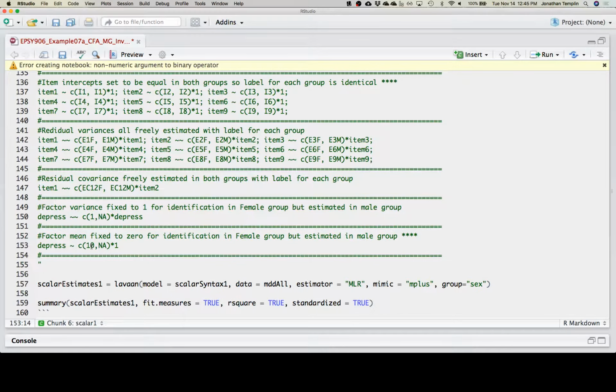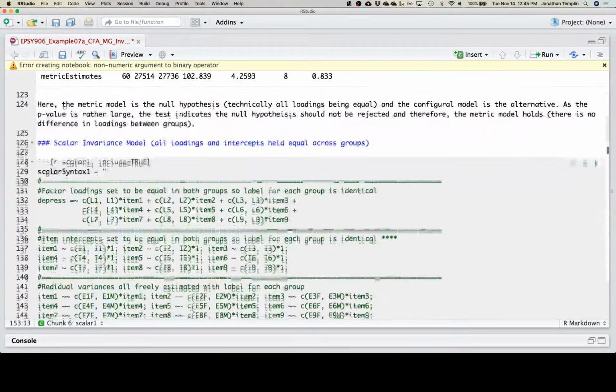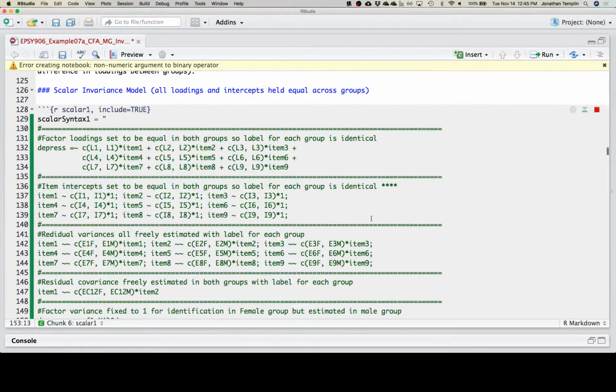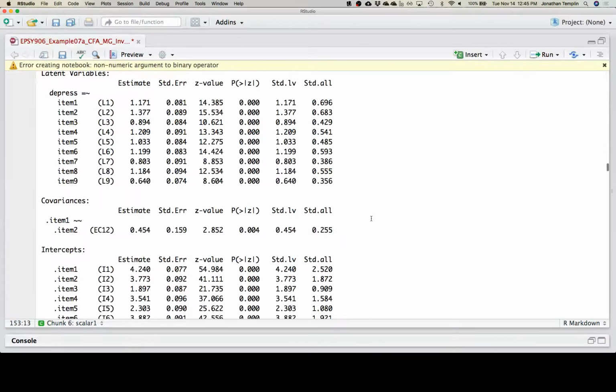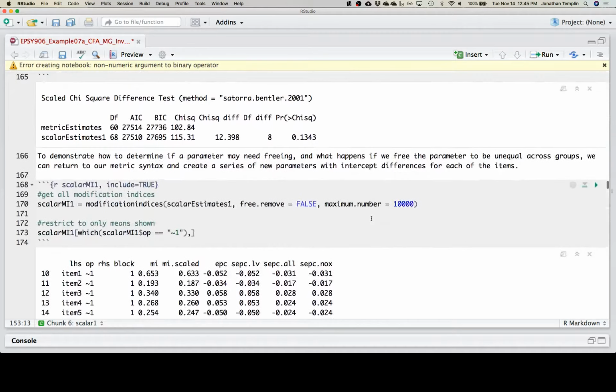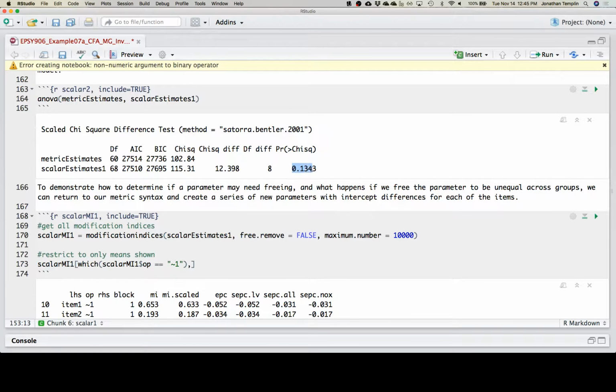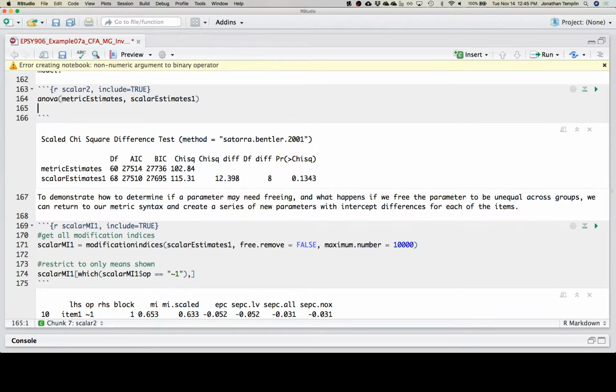I'll put this back to 0, and let's test whether or not this model fits as well as the other model. We use the ANOVA function and we see the metric estimates and the scalar estimates. Here, this p-value also suggests the model fits roughly the same as the metric estimates. Had I gone a step further and done...